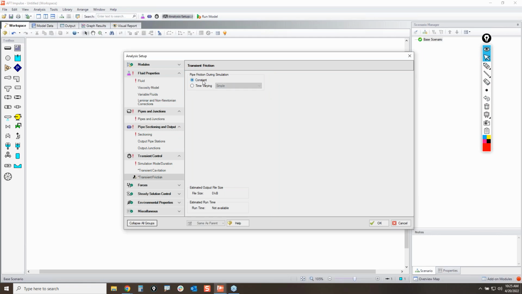Constant is going to use the same friction factors that were calculated during the steady state run, and it's going to use them all throughout the entire transient analysis. If you switch it to time varying, there's two options: simple, and then there is advanced. Using either of these options for time varying is going to have a decently significant impact on your runtime. In the past, we've seen it impact your runtime by a factor of 3, but we have implemented some new methods to try and get the solver to run faster. So it may not be that much of an impact as a factor of 3, but again,